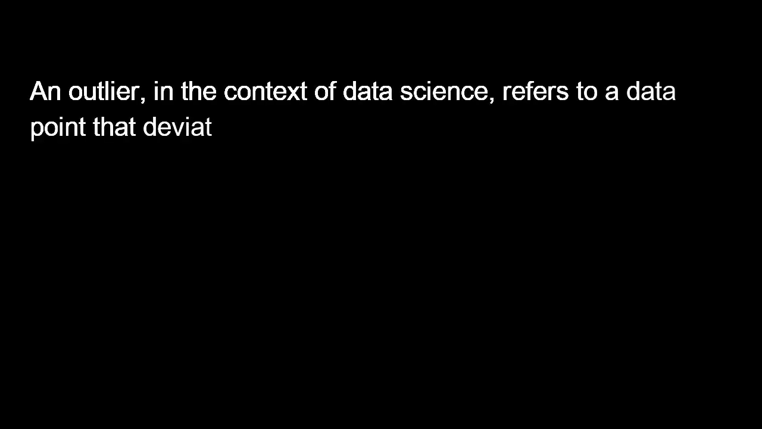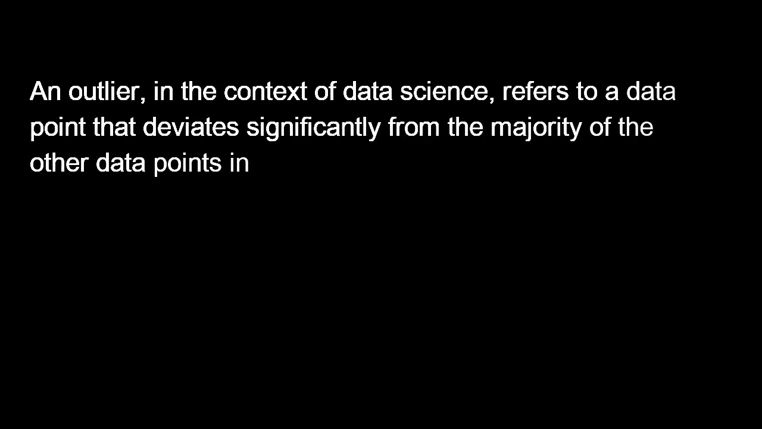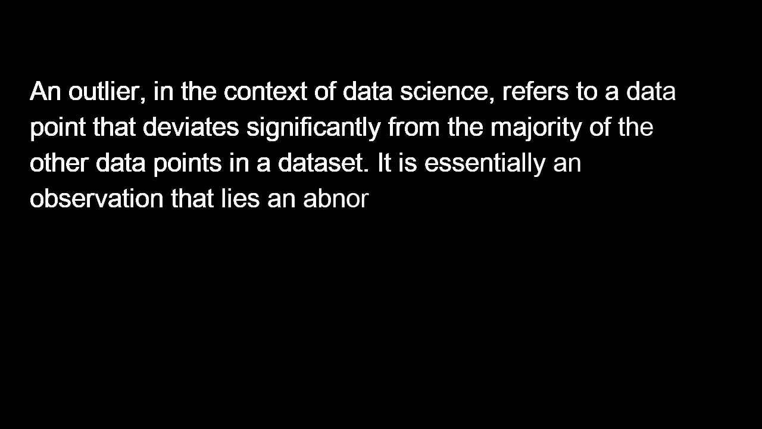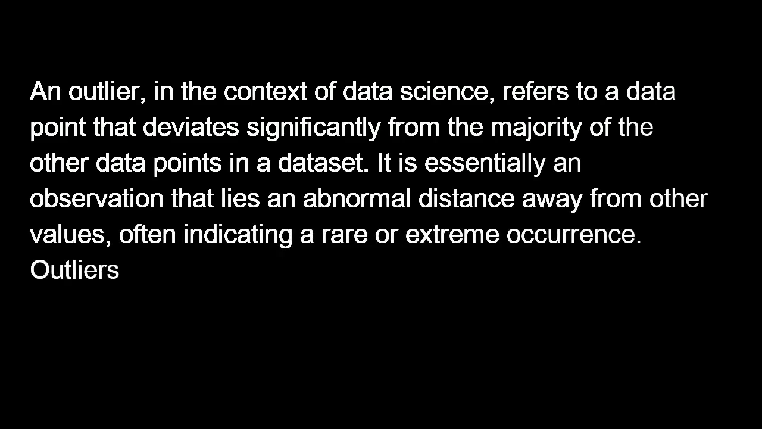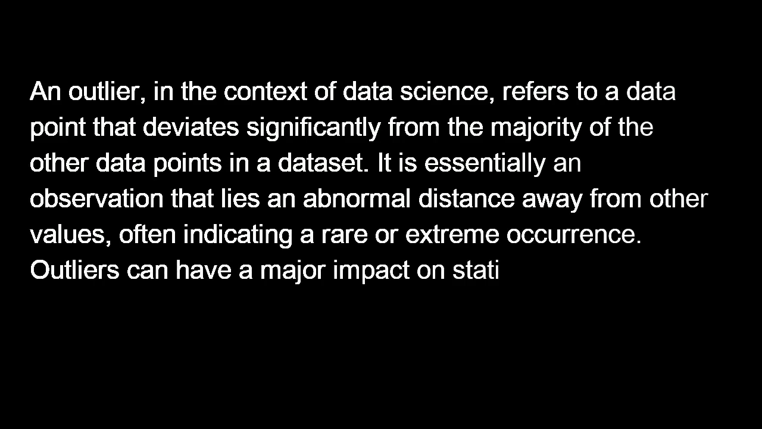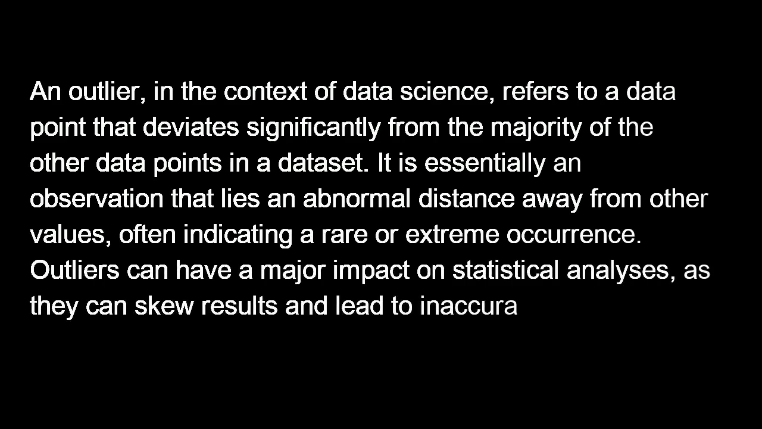An outlier, in the context of data science, refers to a data point that deviates significantly from the majority of the other data points in a dataset. It is essentially an observation that lies an abnormal distance away from other values, often indicating a rare or extreme occurrence. Outliers can have a major impact on statistical analyses, as they can skew results and lead to inaccurate conclusions